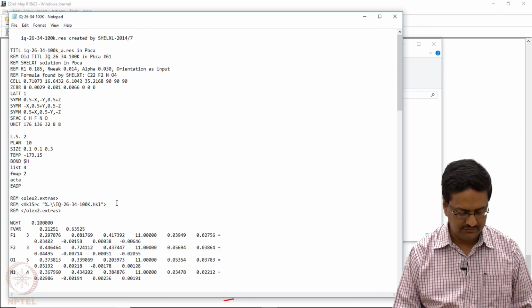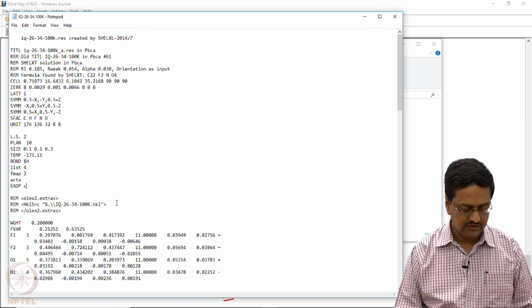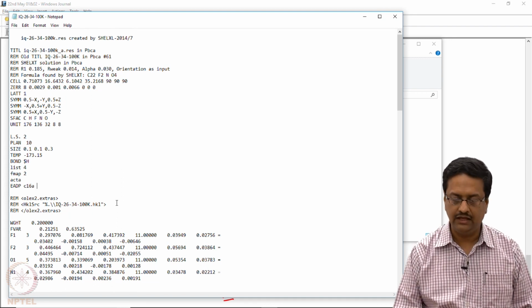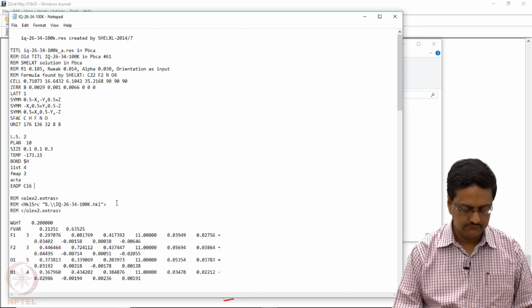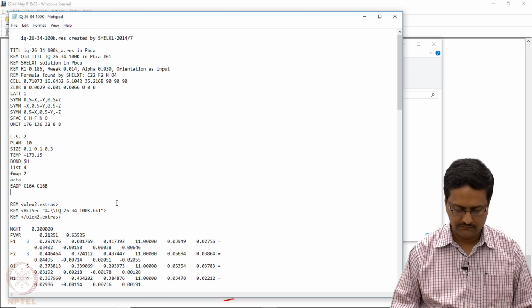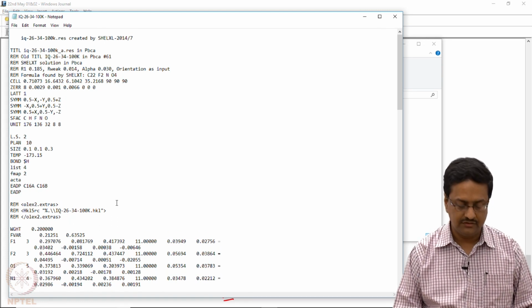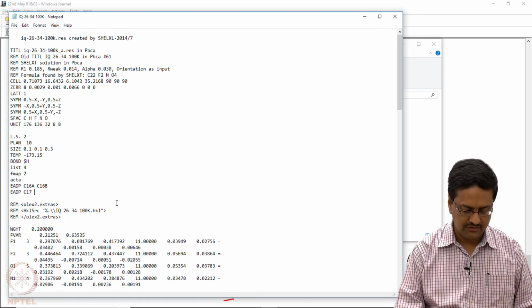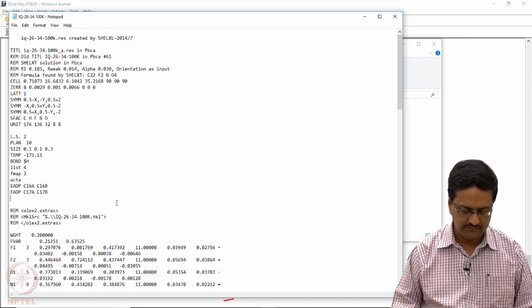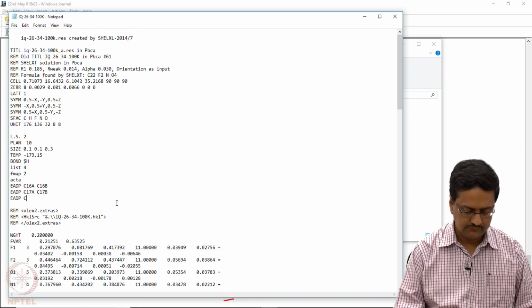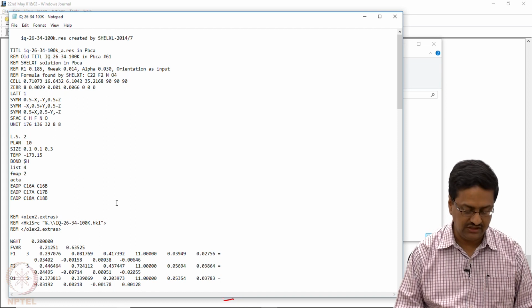EADP C16A is equal to C16B, EADP C17A is equal to C17B, C18A equal to C18B,